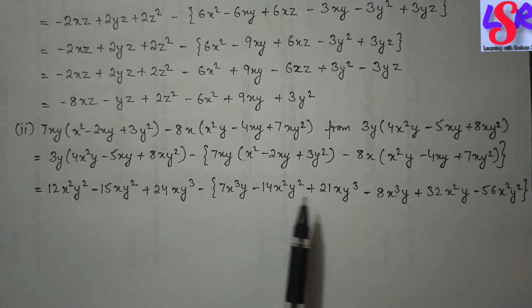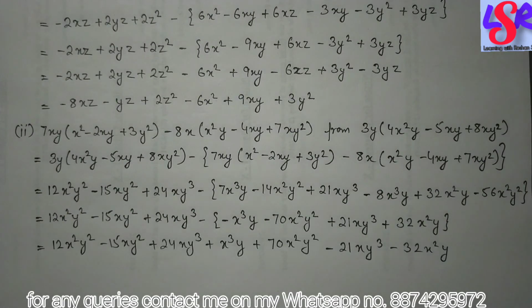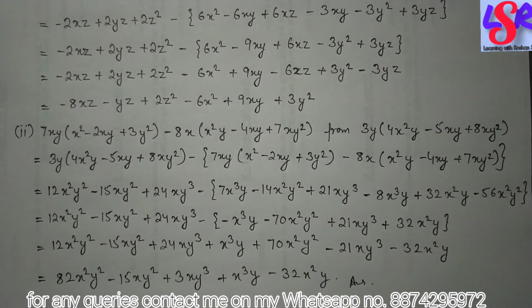Now we are going to solve all the like terms which are in this bracket, and on solving the bracket we have got this as a reduced form. Now we are having a minus sign over here, so we are going to change all the signs and open the bracket. Then again we'll go for the like terms and solve all the like terms, and we get this as the final answer.